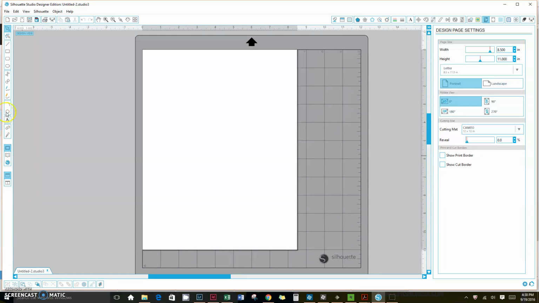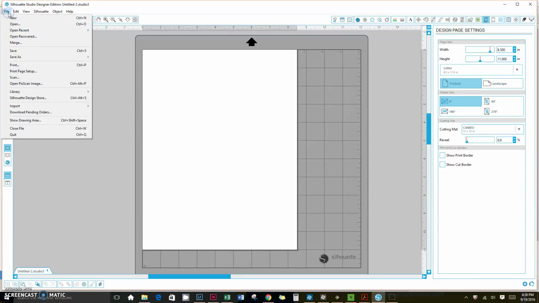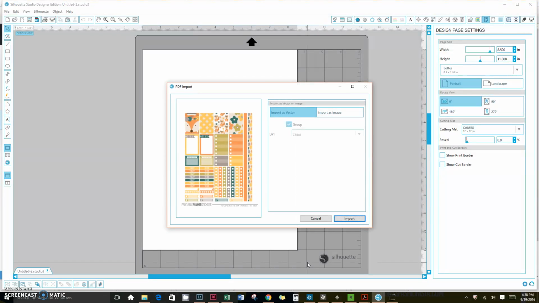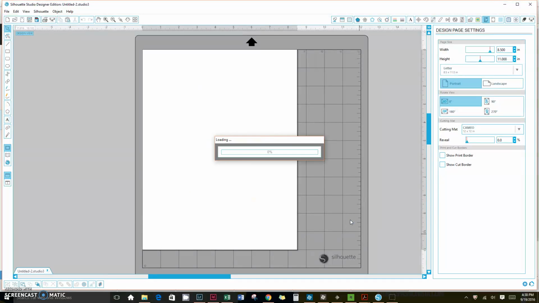Okay, so the first thing we're going to do is go ahead and open both files. So I'm going to open a Blackout file and I'm going to open a sticker file. I'm going to just open the Firefox stickers here, and since this is probably what will look different if you don't have the Designer Edition, I'm going to just import it. I'm going to import it as an image. Say OK. And that's going to load up, and then after that I'm going to open up the Blackout file